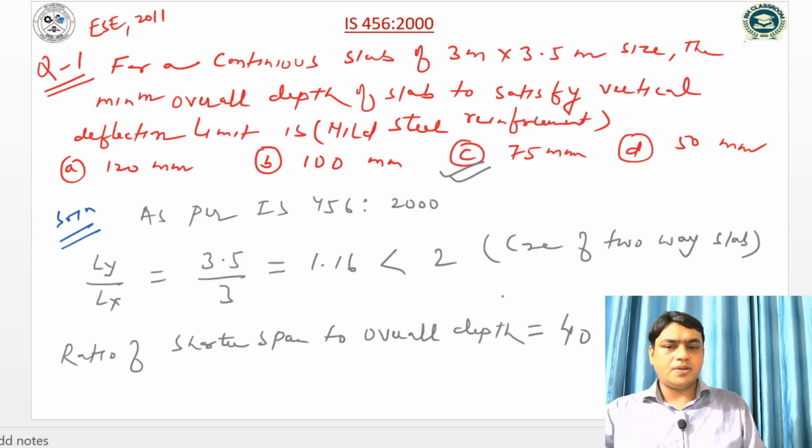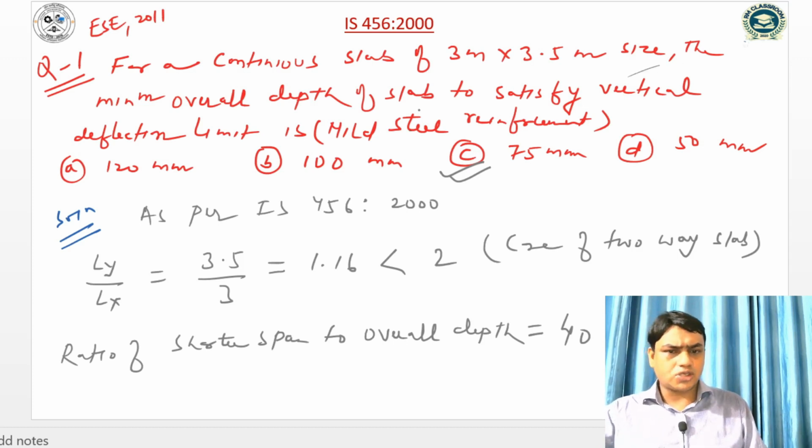So in case of a two-way slab, the ratio of longer span to shorter span should be less than or equal to 2, and in case of a one-way slab, the longer span to shorter span ratio should be greater than 2. So firstly we have to check which type of slab it is. If it is a one-way slab, then we have to take the span to effective depth ratio as per the beam. Means for a simply supported beam it will be 20, and for the continuous beam it will be 26 when the span is less than 10 meter, or if the span is greater than 10 meter, then 20 into 10 by span for the simply supported beam, and for the continuous beam or slab it will be 26 into 10 by span.